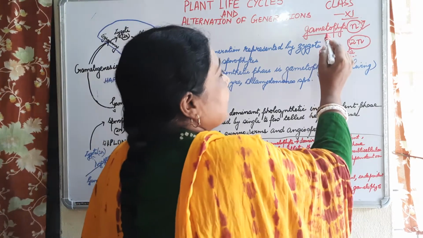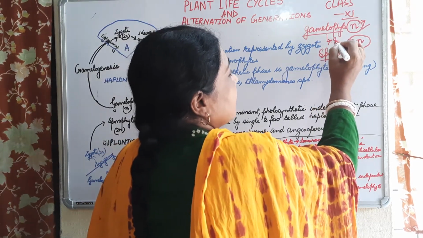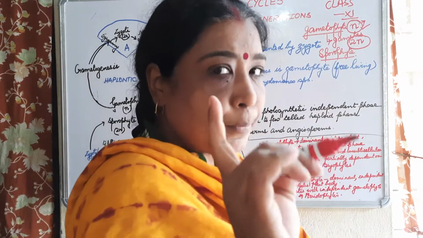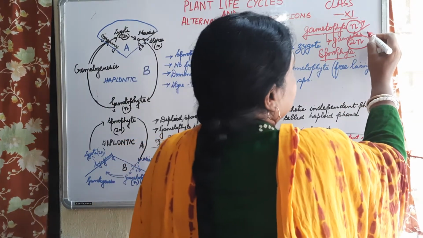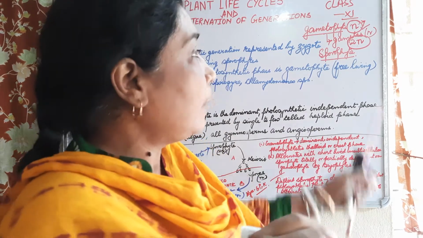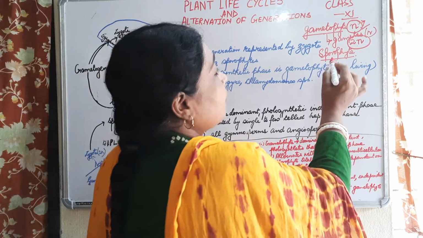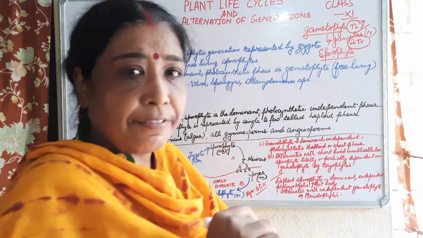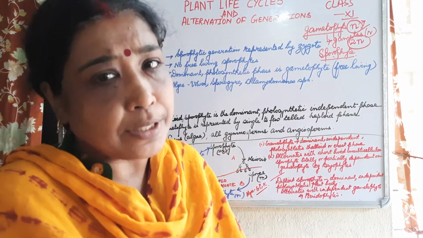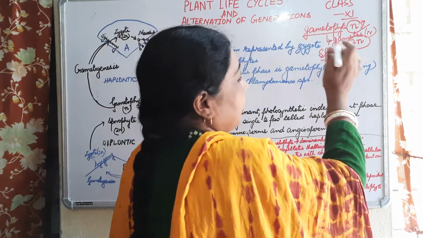Now the gametophytes are responsible for producing the gametes. Gametophytes will be producing the gametes, and you have studied that the gametes are haploid. The gametes are haploid, so here no meiosis is going to take place, children. Meiosis means reductional division: the chromosome number gets reduced to half. Now the sporophyte, this is the sporophytic phase. And the gametophyte, you will remember easily, produces the gametes, the male and the female gametes, whatever it is. Now the